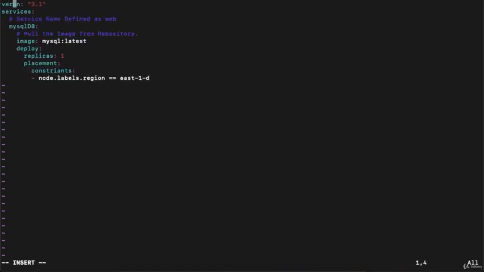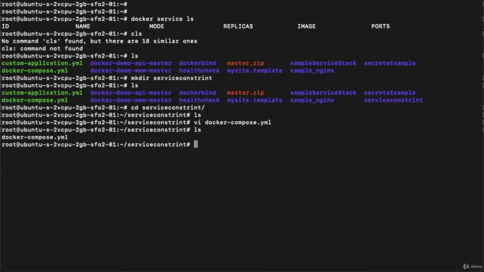So in the version we have 3.1, then we are defining the services, then the image, then deploy, where we are deploying one replica, and then we are defining the placement, and the constraint is node.labels.region east-1d. I will just save this file, put ls, and you can see the docker-compose YAML file is here.